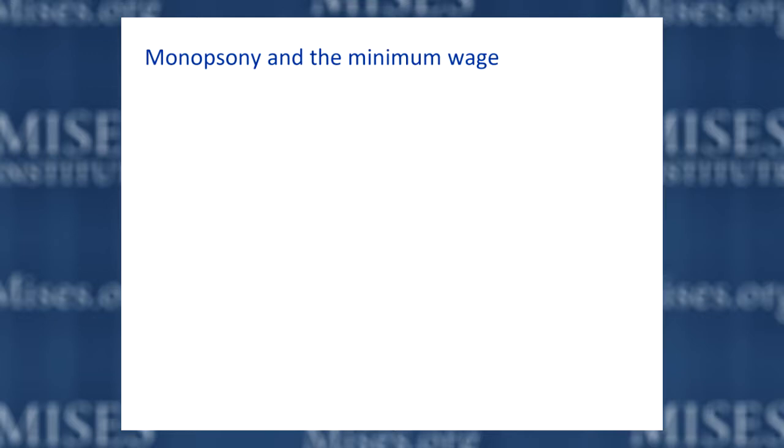What is monopsony? Monopsony is a less familiar term than monopoly, but it does appear in some neoclassical economics textbooks, and it's sort of an analogy to monopoly. It also comes from the Greek, where monopoly means single seller. Monopsony means single buyer. So the idea here is, what if you have, say, a particular community where there's one large employer in town. There's one big factory, and that's the only factory in town, and it employs almost everybody in the town.